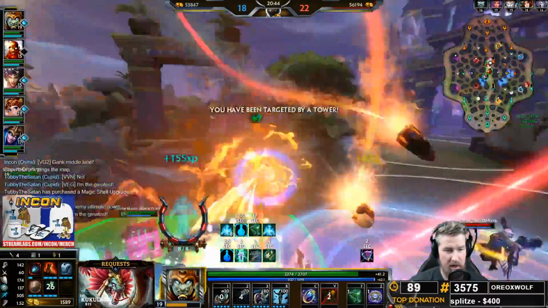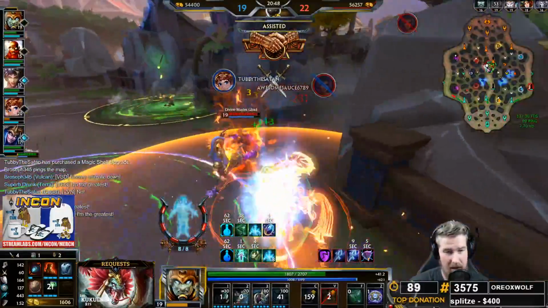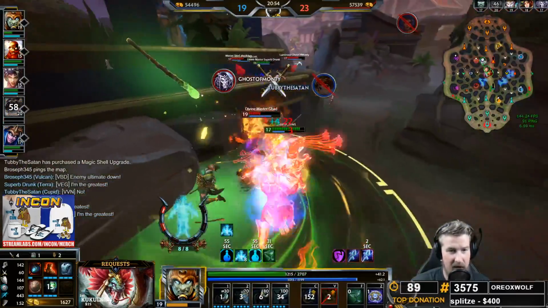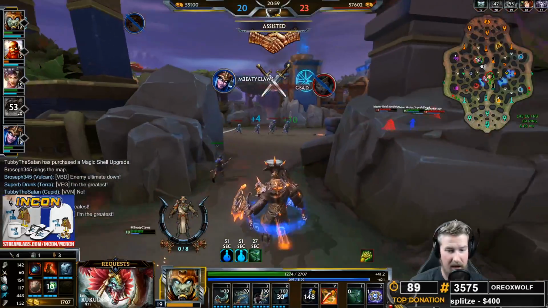Gonna ulti right on top of him. We are gonna be able to put him down early, which is nice. Gonna pop my beads right here. We'll run right at the Medusa. Gonna use my 2 just because I can use it to get in range. Then I'm gonna follow up with my 1 for the slow. We should be able to bring down this Medusa, and now I need to get back over towards my team